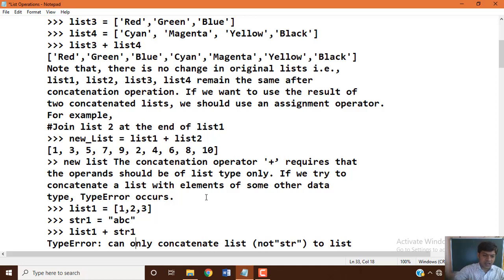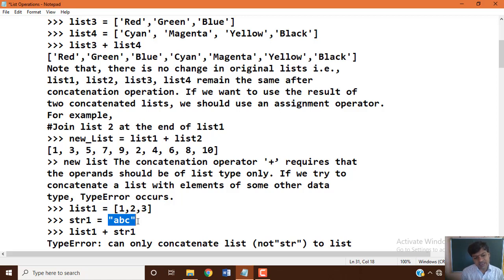Now let's take another example. List 1 is given within square brackets, and there is another variable str1, which is a string variable. This is not a list. Now when you try list 1 plus str1, we are concatenating list data items and normal string values.